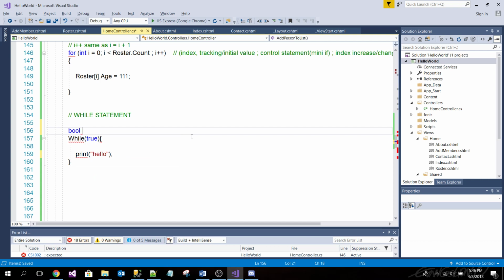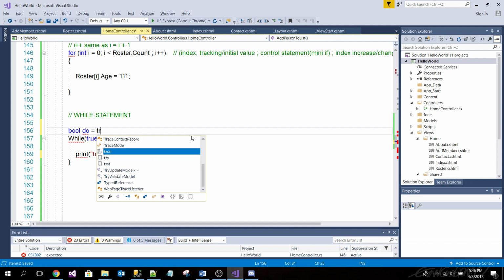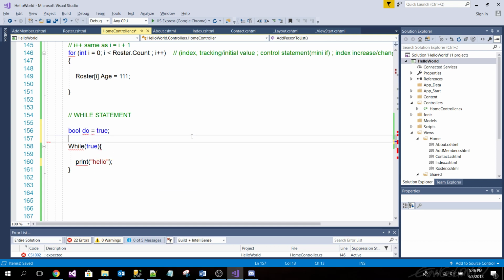Bool do equals true. So while do, print hello. Basically, do is a boolean, right? And right now it's equal to true.